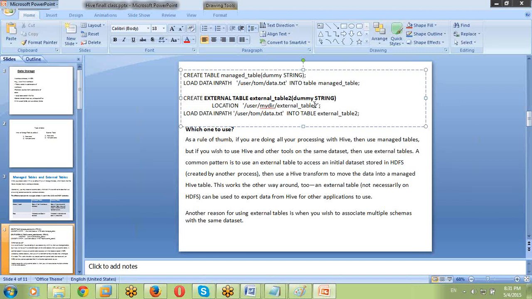Okay, let's see. For example, I am not giving the location, and this is one type. Another type is if I create a table, I am not using an external location. I am not giving any location. Create external table, table name, schema, semicolon. That time an external table is created, but this table is inside the warehouse. There are two types of external tables. One is inside the warehouse, second is outside the warehouse. Don't get confused. I will show you clearly practically.